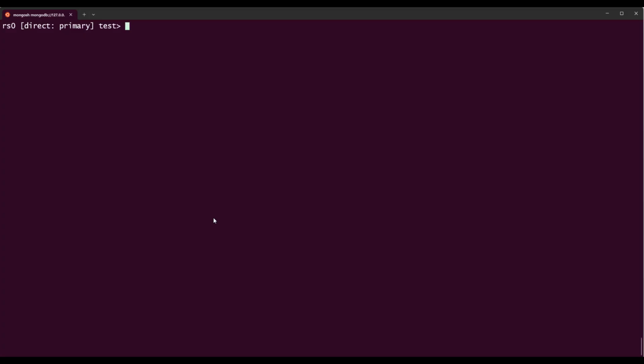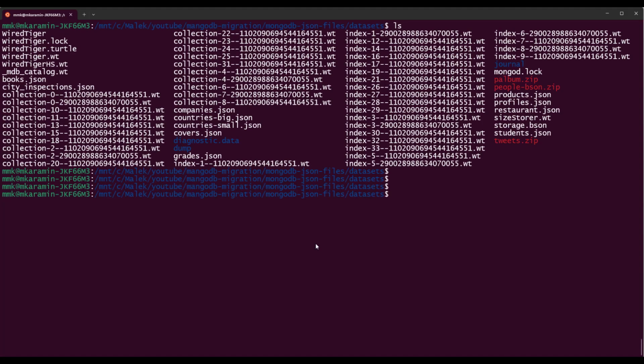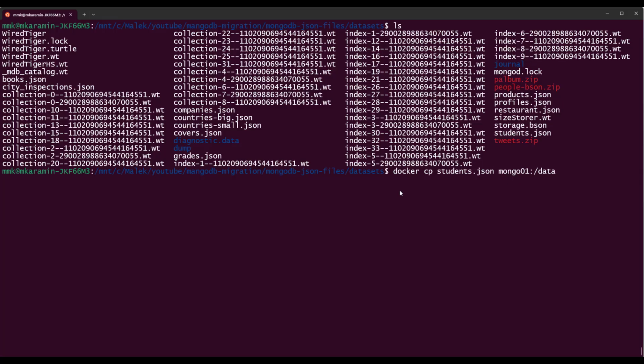Let's go and copy a dataset to this MongoDB server. I have some datasets with the JSON extension here. Let's copy one of these datasets to our MongoDB, for example this one, students.json, by using this command, docker cp